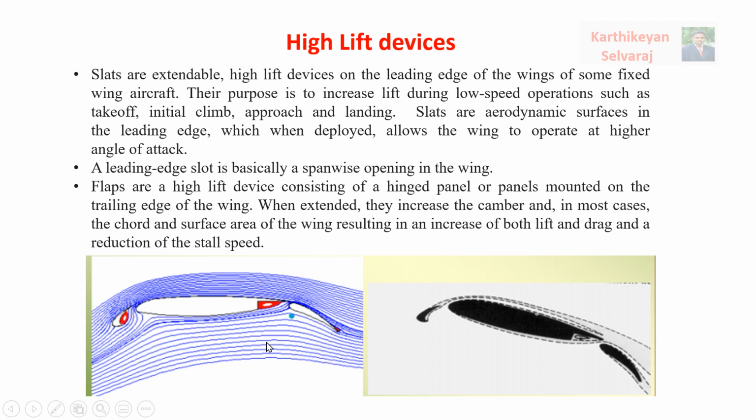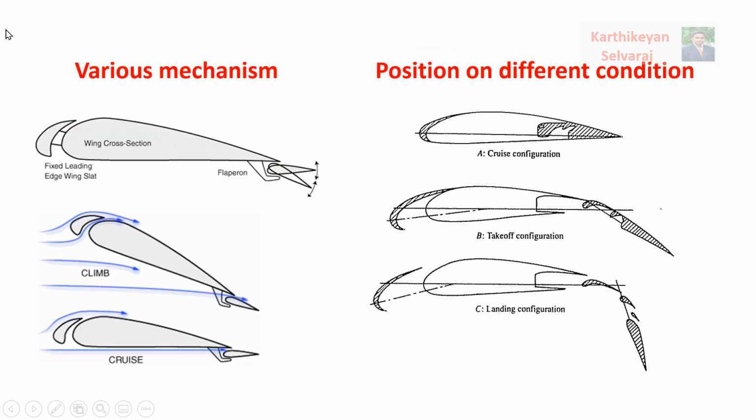Okay, so this picture will be helpful to see how to increase the surfaces. The second picture will also be helpful to see how to increase the surfaces. Once the surfaces increase, airflow increases and lift increases. And here are various mechanisms. In the first picture, the main wing has a fixed slat. You can see the fixed slat.